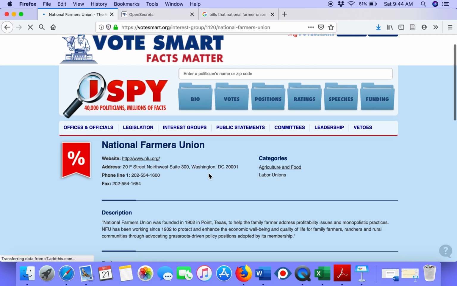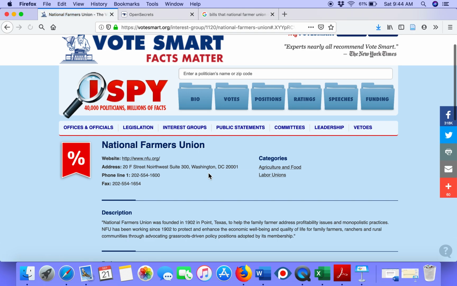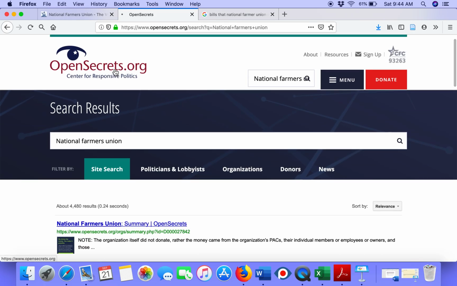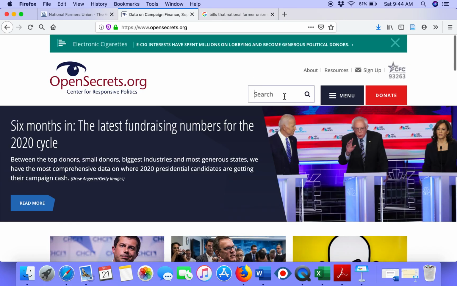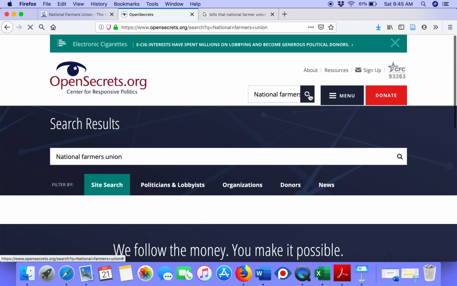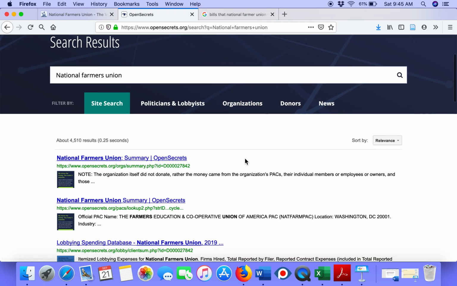So I want to see, have they donated to candidates? Have there been bills that they've supported and opposed? Or what are their issues that they support and oppose? In order to find that out, the next step is to go to Open Secrets. Go to the search box and type in National Farmers Union. Make sure you type in the whole title, because if you just type NFU, you're not going to get search results. So National Farmers Union comes up,